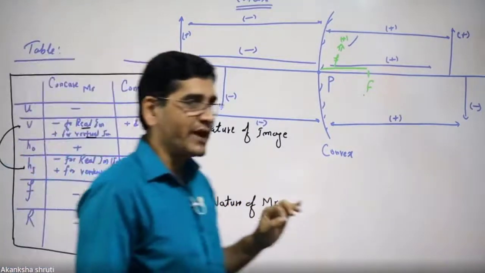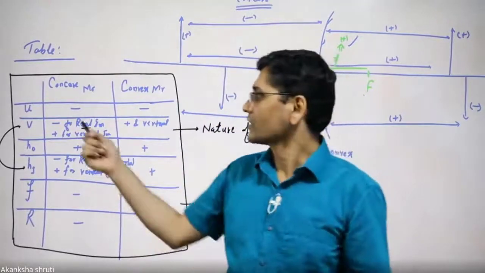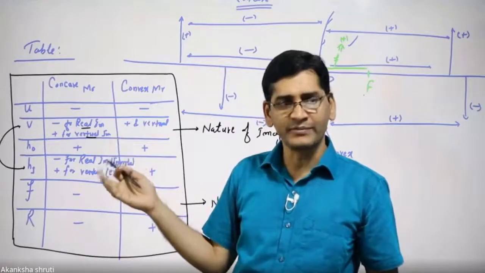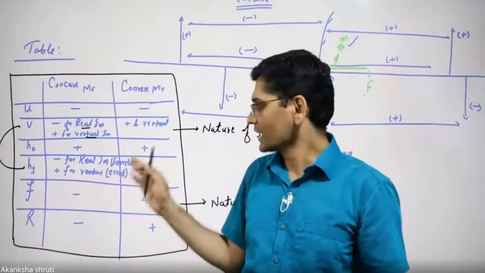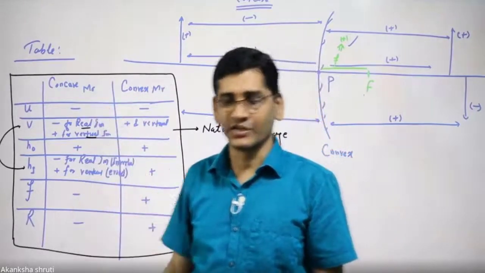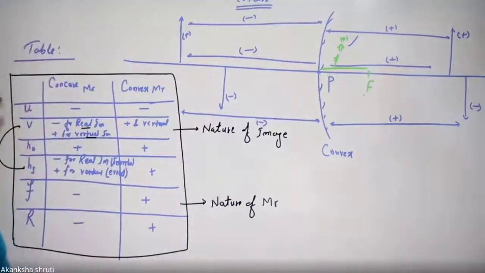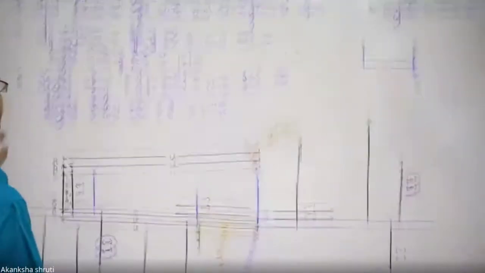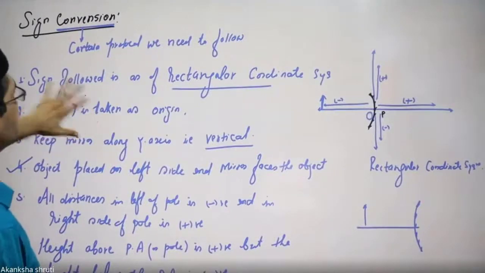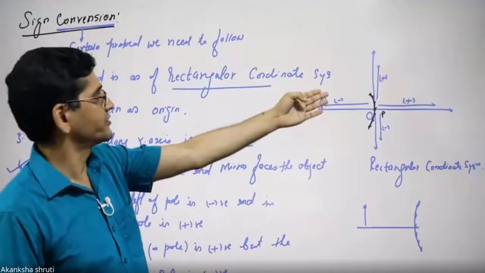Also keep in mind, if the mirror is not given, then you have to consider both the cases, or just go for the calculation from the given data. You will get the sign, and from that the nature of the mirror can be predicted. So this is about the sign convention. Students, if a question is asked on the sign convention, you have to write which kind of sign convention is followed. This is one of the questions in your MCQs.